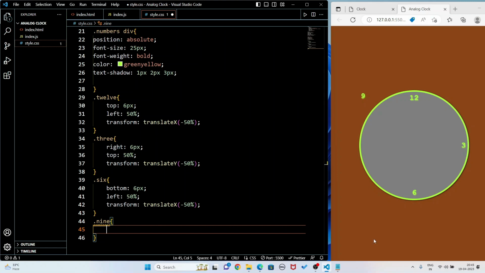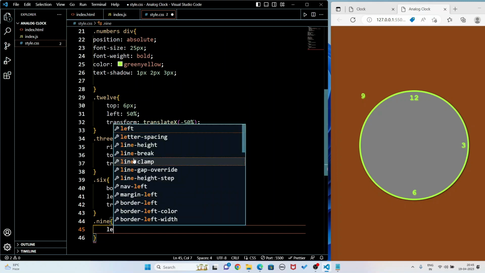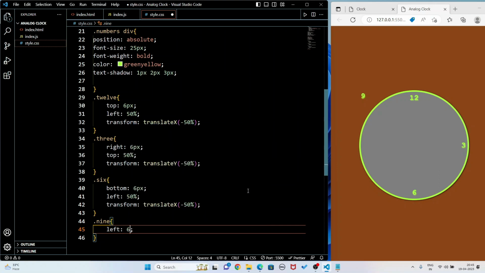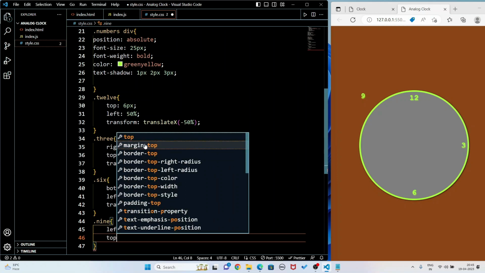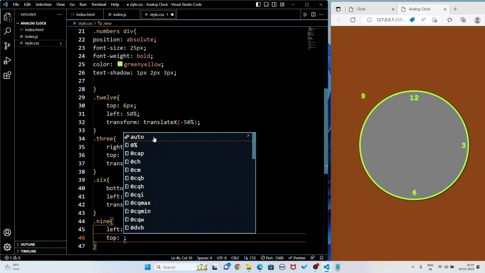6 pixel, left 6 pixel. So you see everywhere I'm giving the 6 pixel, and top I'm giving 50%,